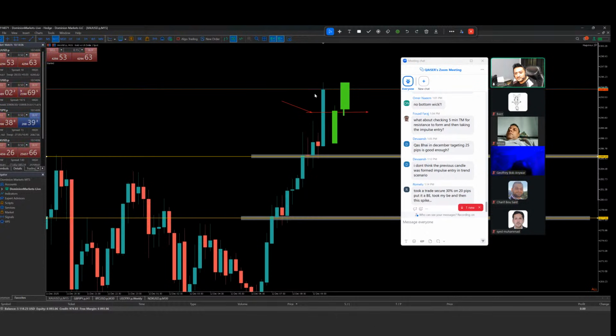But now it has moved a lot, extended a lot. So even if it closes in my favor, it doesn't make sense to take a buy. It's already moved, and I do not need to get into some kind of FOMO. I just need to be chill, relax, and wait for a new structure to form there. Then I can give my trade another chance.